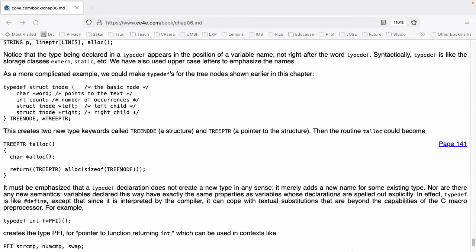Then the routine talloc could become Treeptr talloc() { char *alloc(); return (Treeptr) alloc(sizeof(Treenode)); }